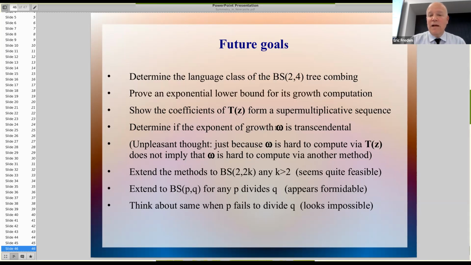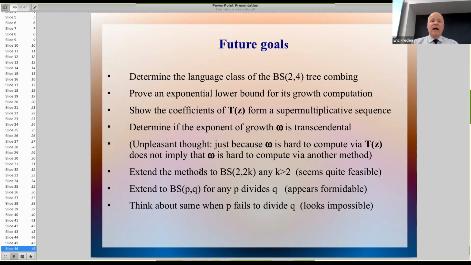Determine if the growth exponent is a transcendental number or not. I think it is. Unpleasant thought, just because it's hard to compute using my method doesn't mean it might not be easier to compute this exponent using another. It could very well be too that the exponent growth, which is the reciprocal of the radius of convergence, is a rational number, or not rational, but algebraic. It could be a rational number, it could be an algebraic number, and then all the rest of the singularities